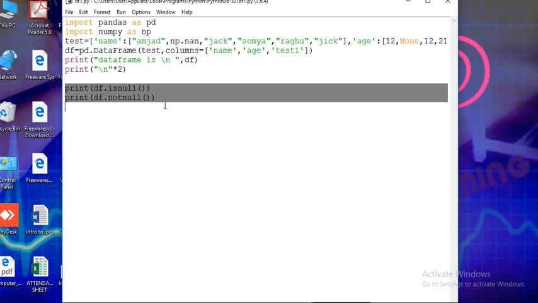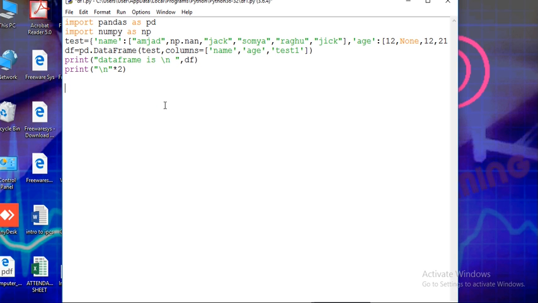Now we are going to add one more column in the existing data frame. Right here, df of, right here the column name that you want to add, test2, is equal to, and write here some, you store here all the none value, into the data frame.